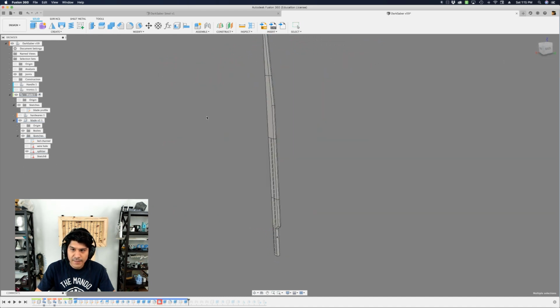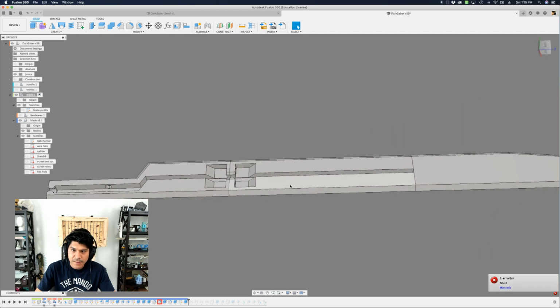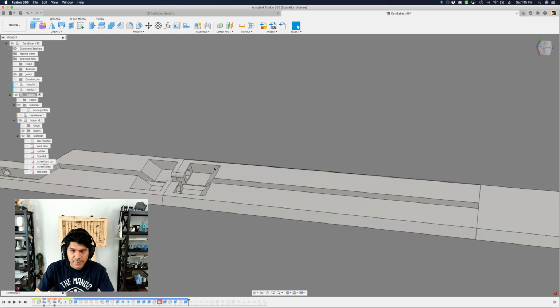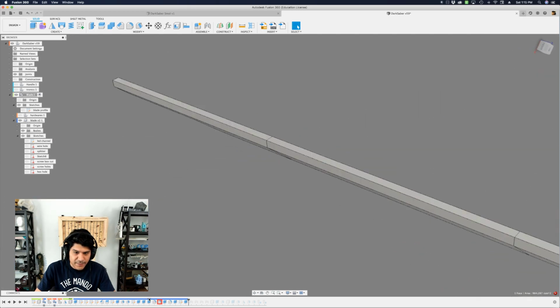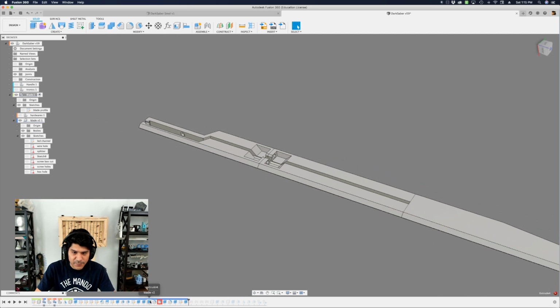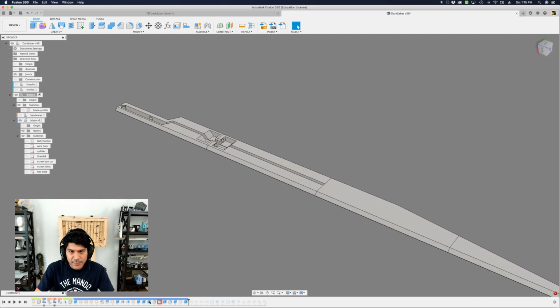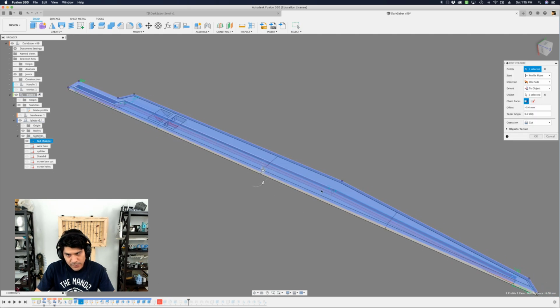Hit OK. And now some of the stuff worked, some of it didn't. There's like little bits of issue here. So let me see if I can actually modify these instead of actually redoing them from scratch. So these extrudes rather. If I double click on this extrude here, you can see that it's creating that LED channel, but because I've now split it 4 times, it doesn't know that I want to split all of